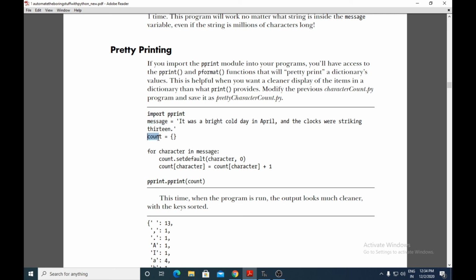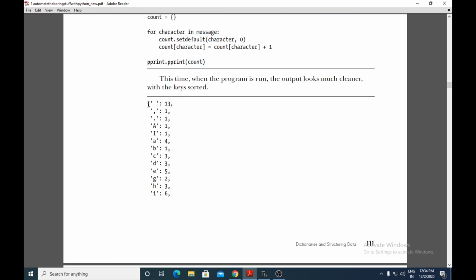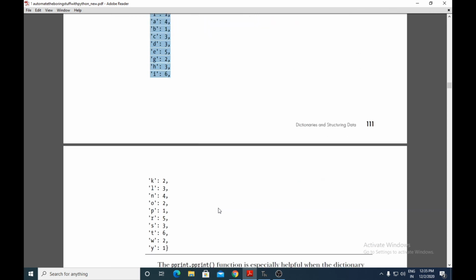Here we have a dictionary variable whose default value is empty. Then the same for loop goes on counting the characters' occurrences one by one. In the last line, instead of using the print function, you make use of the pprint function, and you give the dictionary name as the argument. When you execute this program, you will get a neat display of the dictionary values.